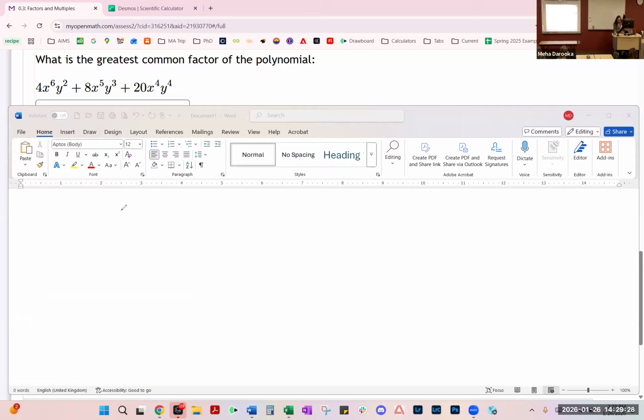So you've got 4, 6 to the x power, y to the second power. We've got 8 x to the 5th power, y to the 3rd power, and you've got 20 x to the 4th power, y to the 4th power. So we first need to find the greatest common factor just between the numbers, even before we get to x